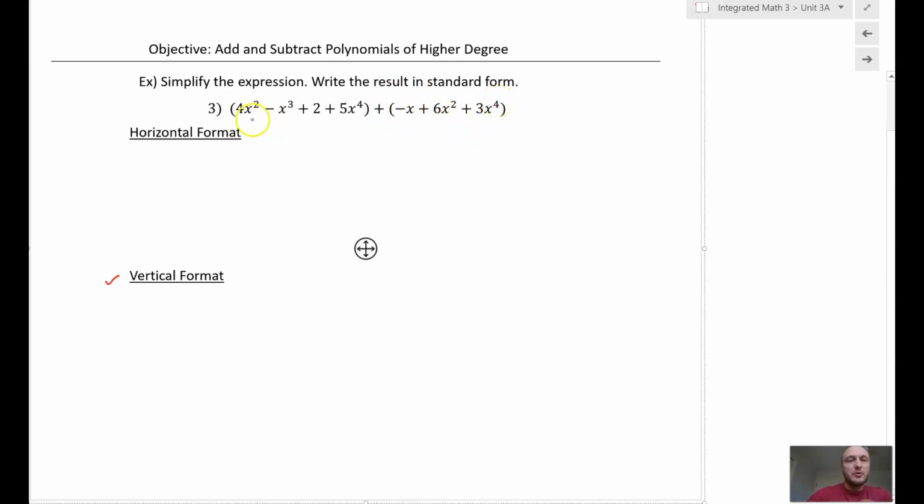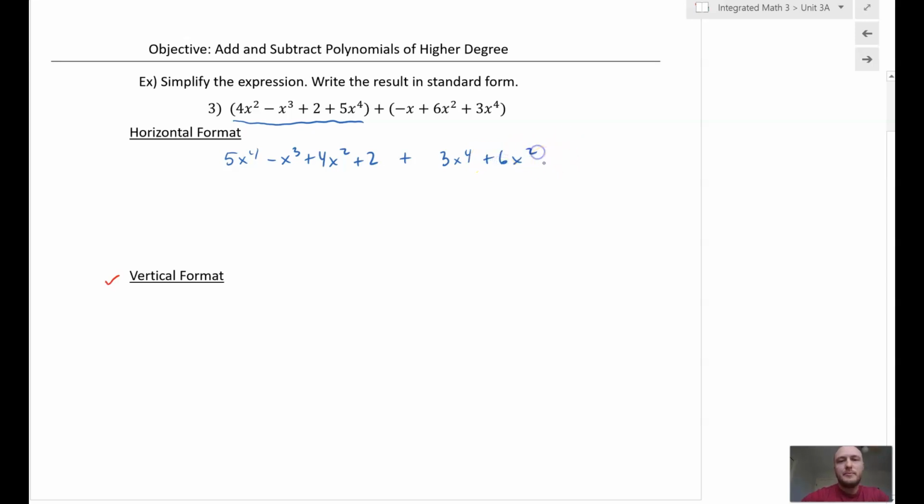So what I'm going to do first is rewrite my first polynomial in standard form. So I have 5x to the fourth, next I have that negative x cubed, negative x cubed plus 4x squared plus 2. And now I'm going to add my next polynomial, which is 3x to the fourth plus 6x squared minus x. So all I did was place these in standard form, and now with the horizontal format,